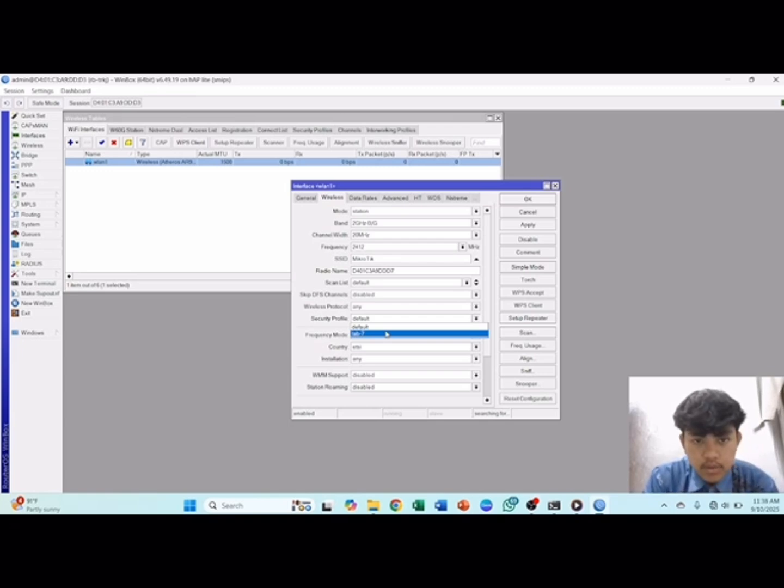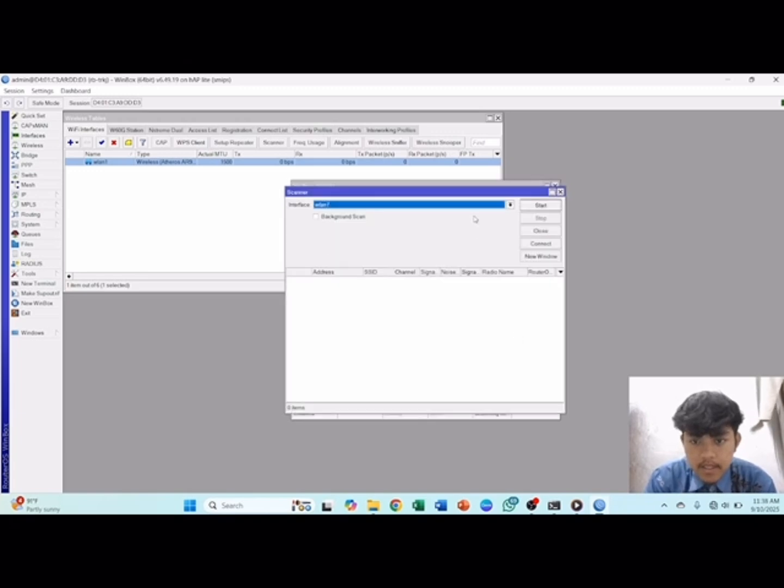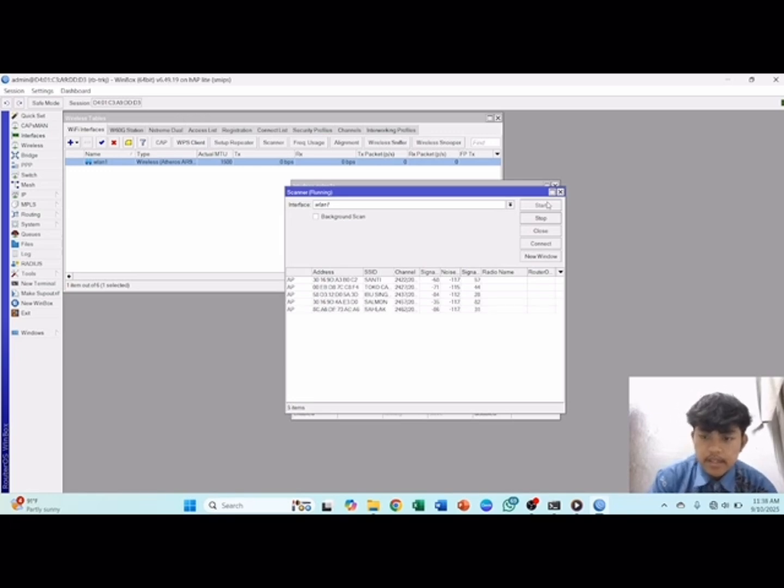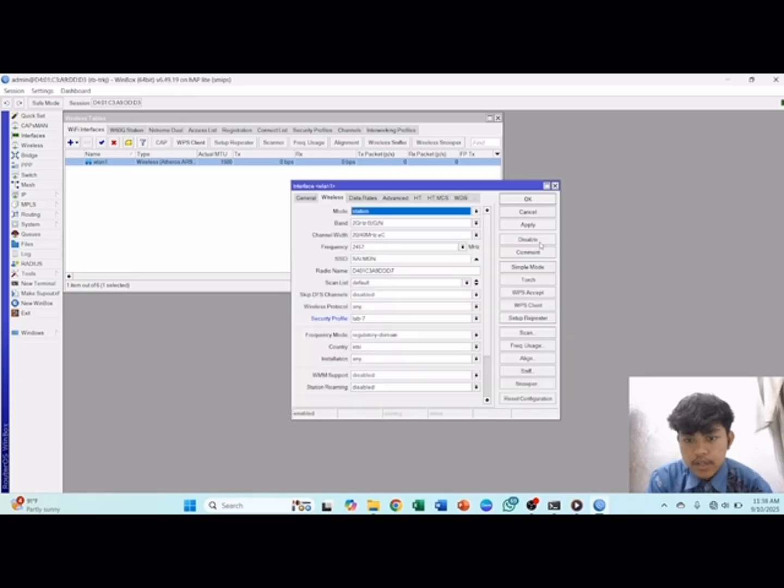Now you can scan here, you can start, and you can find the name of your Wi-Fi. My Wi-Fi is in the list, and you can connect, and apply, okay.